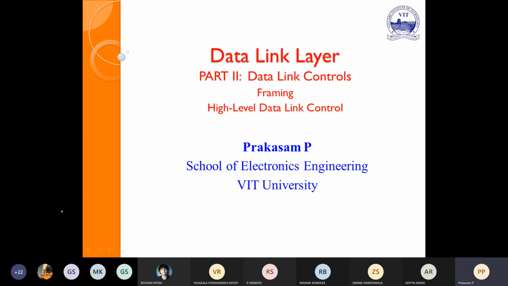So if we are going for any framing, for example, this is my overall packet. Suppose I am converting this into the frame, definitely to identify the framing boundaries, that is, starting and ending.